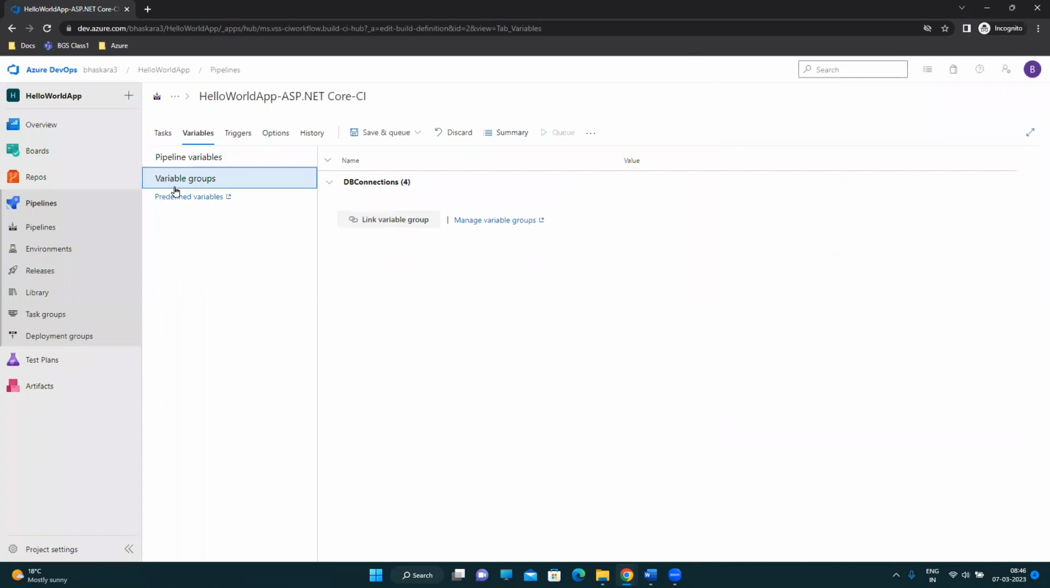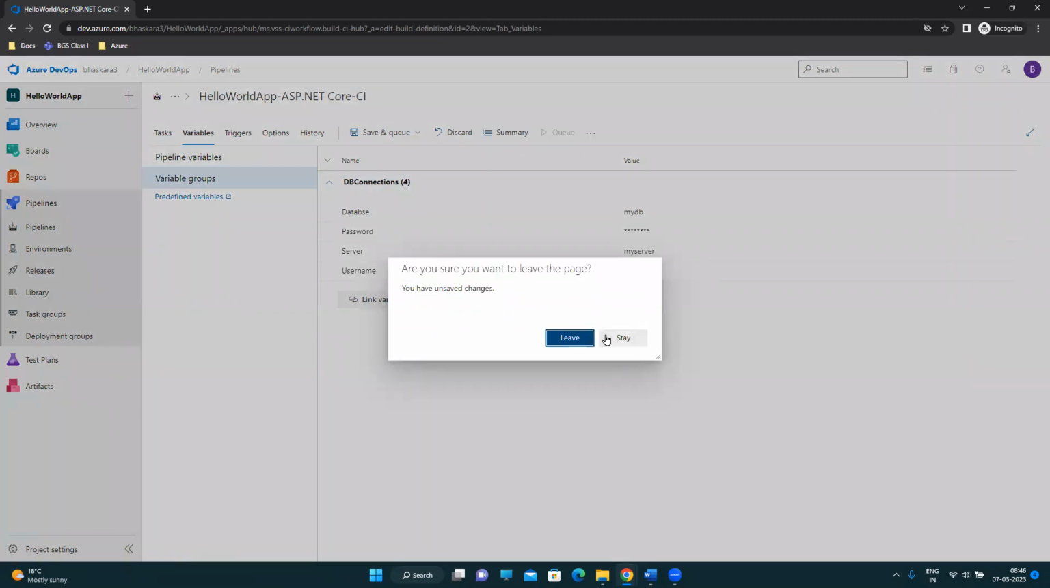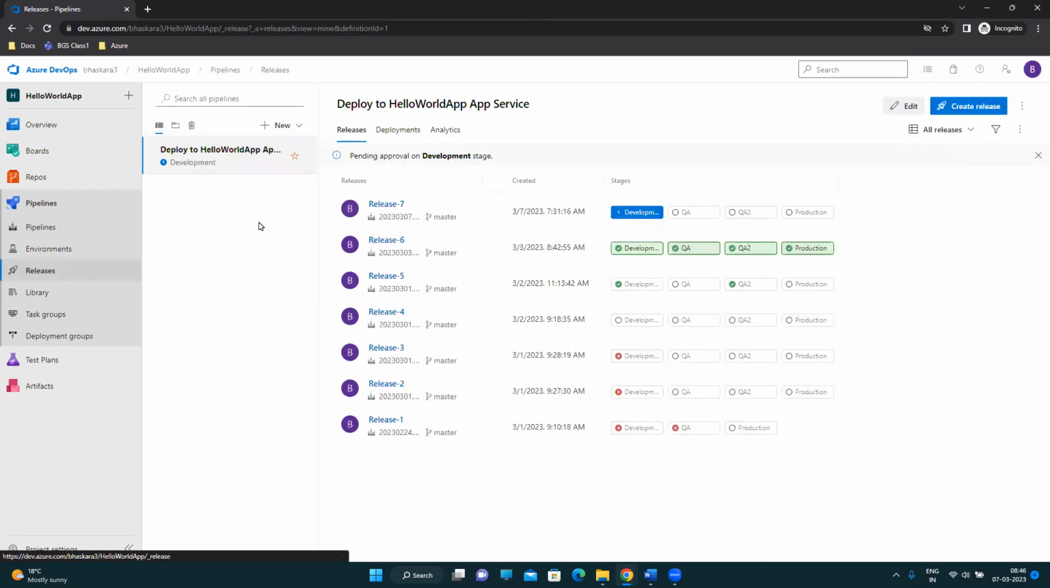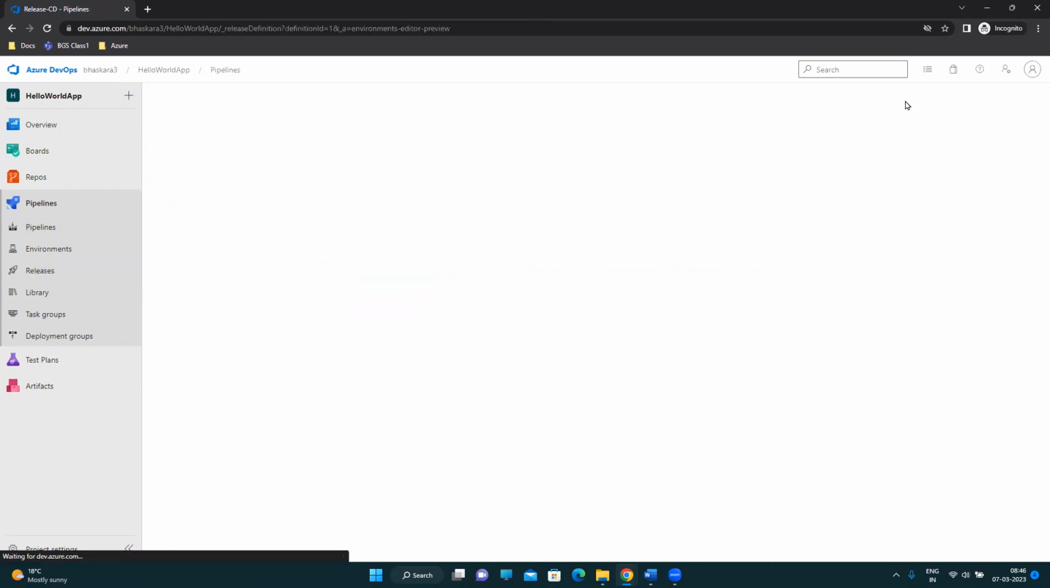Now, if you see here, you got your variables, right? DB connections. These are the variables you have now. So you can use these variables now in your project or pipeline, wherever it is. The same thing can be done in the release pipeline as well. Just save this, right? Here, if you go to the release pipeline, again, when you edit the release pipeline,